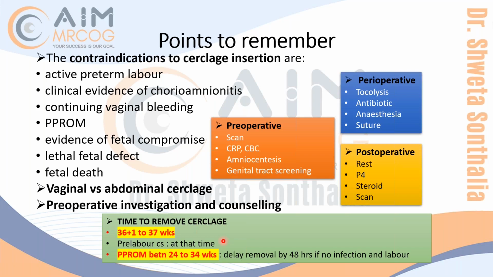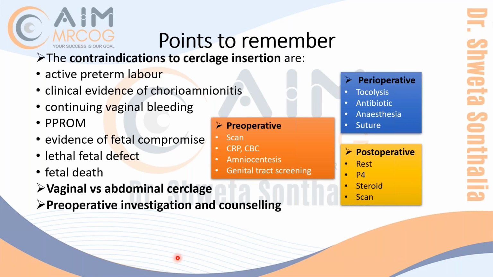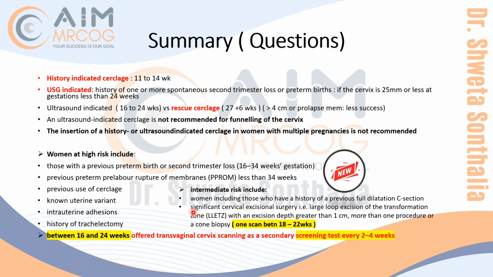Clear? Clear to all? What's new point? Actually, not many new points. If you see, the new points are about when to remove, and new points are about this intermediate risk, as I told you. High risk, intermediate, 2 categories now. And then they have made things more clear to you by giving it in a GTG rather than having scattered information here and there.